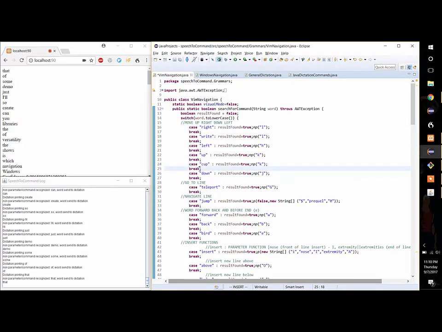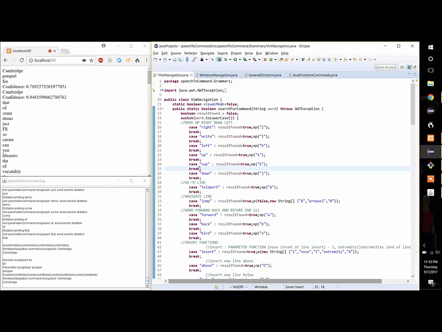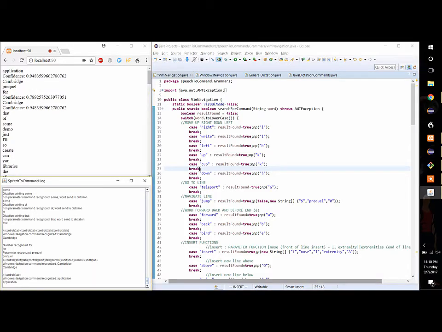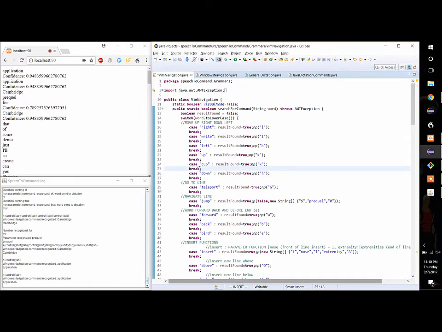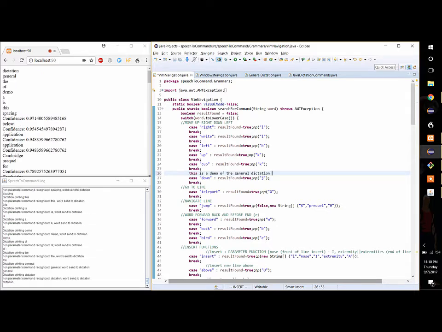Cambridge, for prequel Cambridge, application, below, spacing. This is a demo of the general dictation, comet, nuclear,